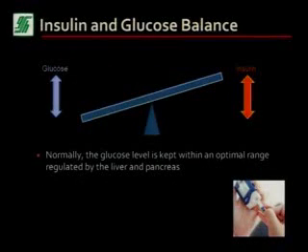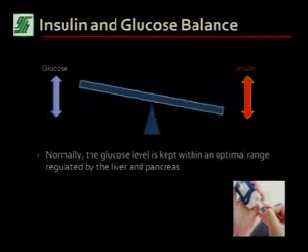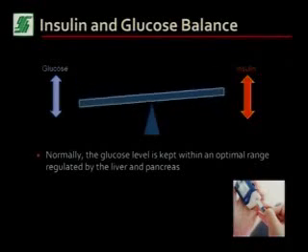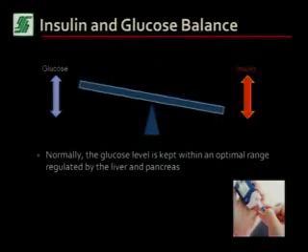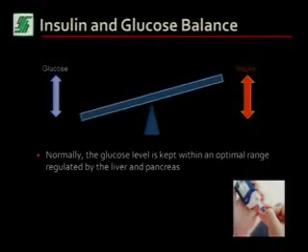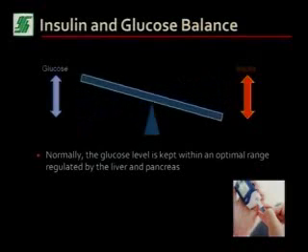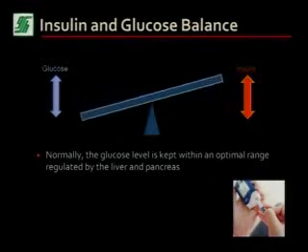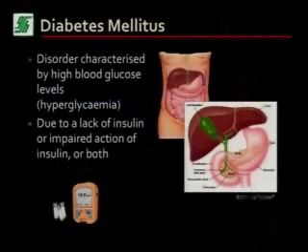So in the body, glucose is always kept within an optimal range. It is never allowed to go above a certain limit, and this is regulated by the liver and by the pancreas. When you eat food, it gets broken down, it gets absorbed, and the glucose goes into the bloodstream. Insulin from the pancreas will help in maintaining a low level of sugar in the body, so as to allow multiple organs in the body to use up the glucose for energy. Okay, so now comes the problem of diabetes.